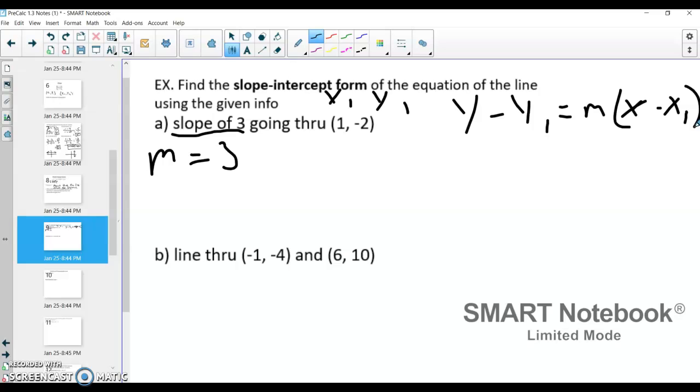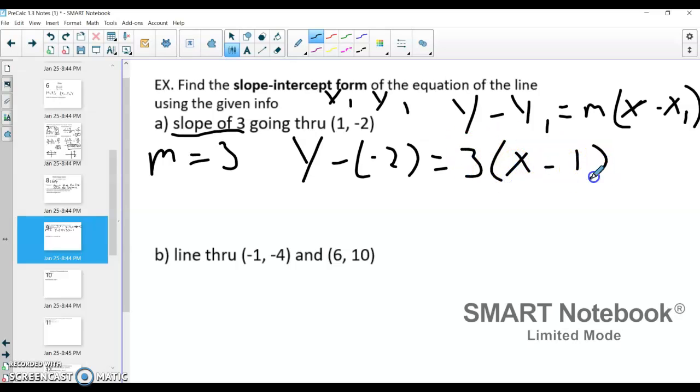And we plug things in, so you get y minus a negative 2 equals 3, because that's my m, times x minus 1. This is really y plus 2. And then I am going to distribute my 3 into these parentheses. So the 3's got to multiply to the x, and the 3's got to multiply to the negative 1. So this becomes 3x minus 3,